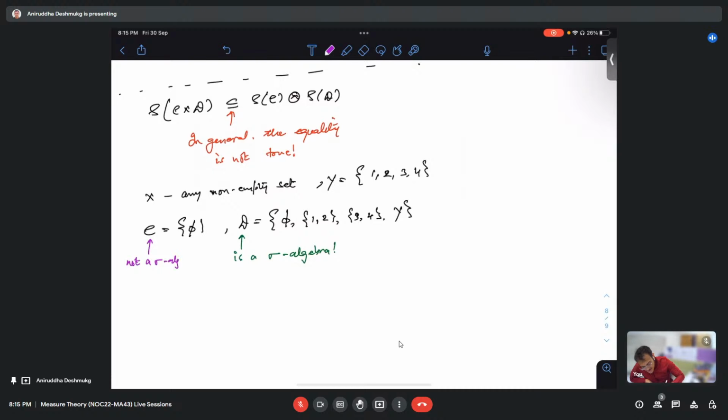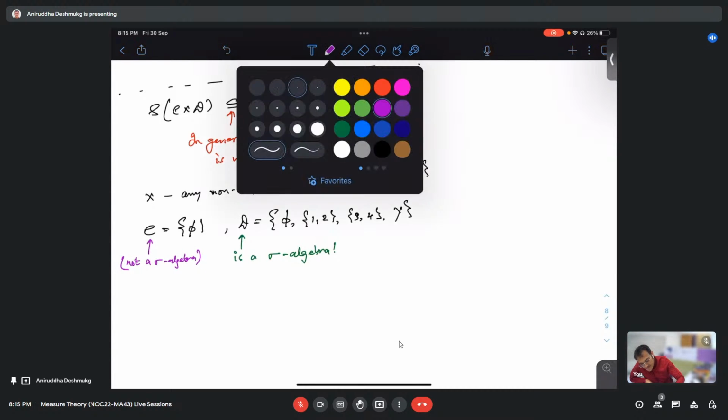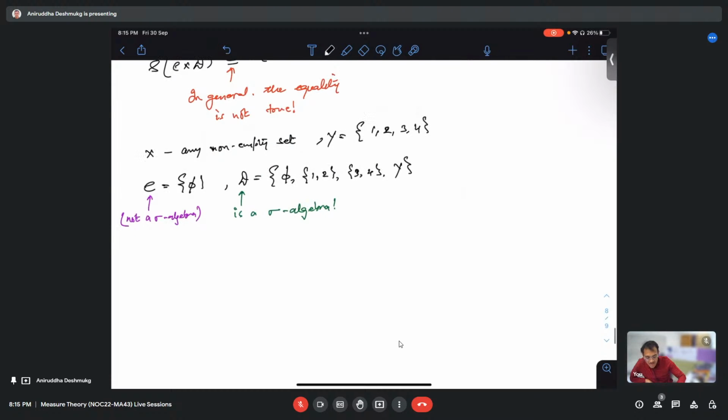Not a sigma algebra. That is because the whole space is not there. So what is the sigma algebra generated by C? Notice that C is a semi-algebra, right? Or no, it is not a semi-algebra as well because the whole space is not there. But how to generate a sigma algebra? Let us put in all the missing things. So S of C, that is the sigma algebra